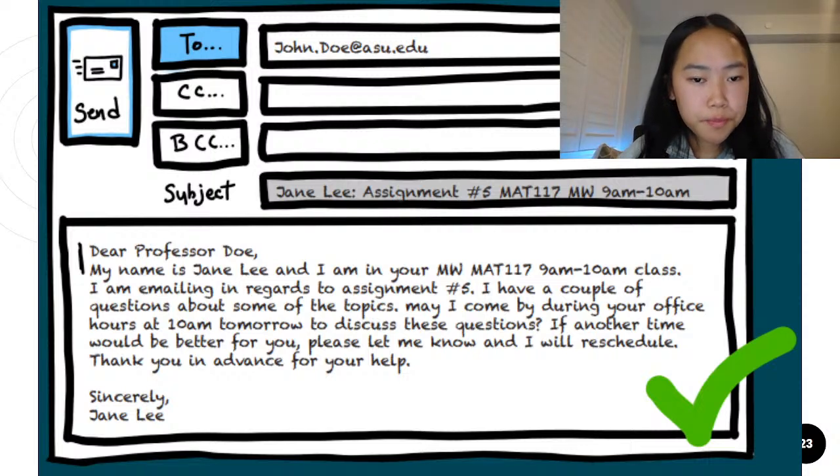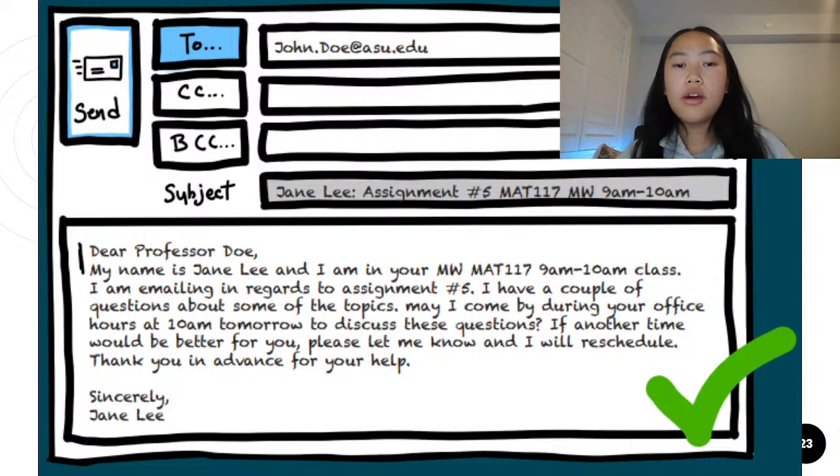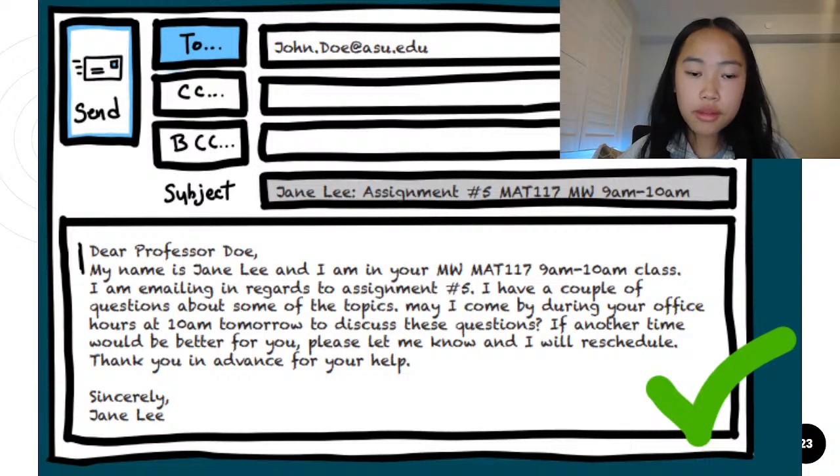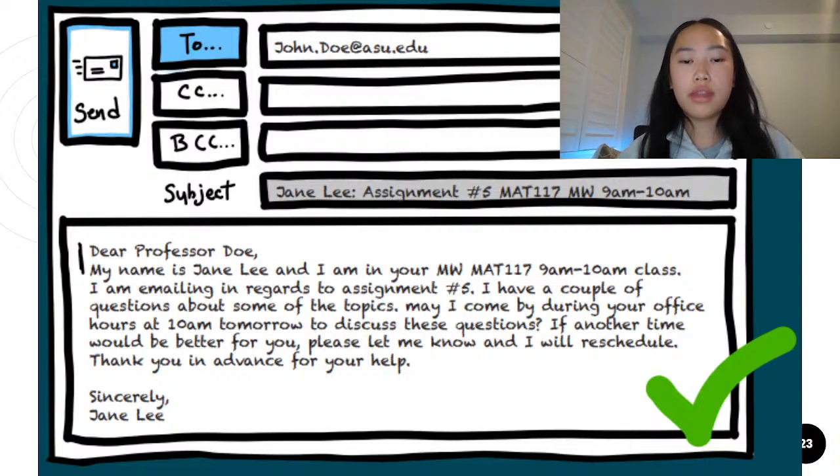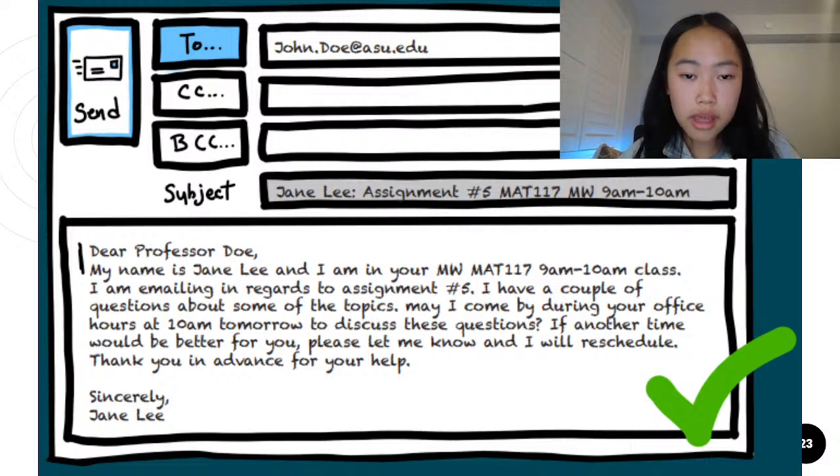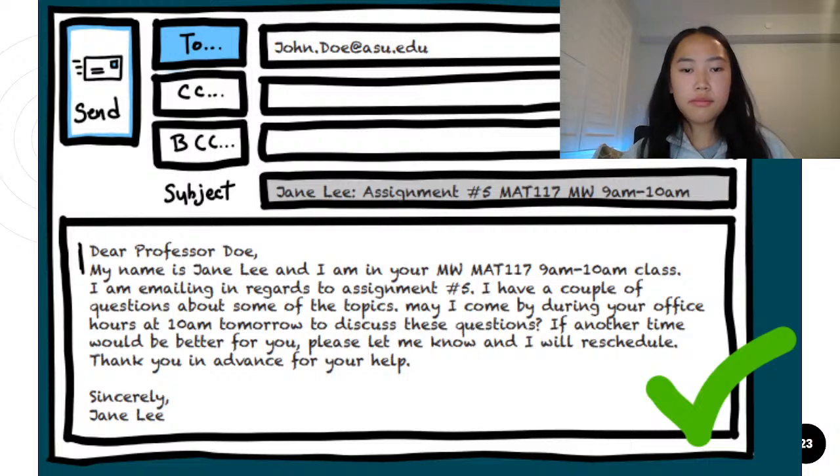And so let's move on to the body of it. Dear Professor Doe. They basically provide a very clear, professional salutation by using Dear and Professor and addressing the professor. And that's very nice. You could also tell that it's a very well thought out message, due to the person introducing themselves and what class they're in.